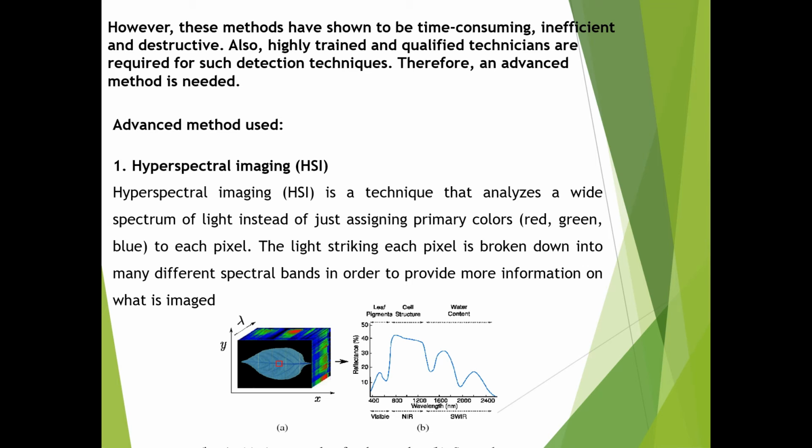The advanced method that we use is called hyperspectral imaging. As you can see in the picture above, hyperspectral imaging (HSI) is a technique that analyzes a wide spectrum of light instead of just assigning a primary color, red, green, or blue, to each pixel. The light striking each pixel is broken down into many different spectral bands in order to provide more information on